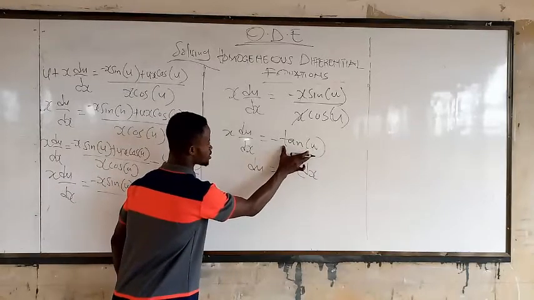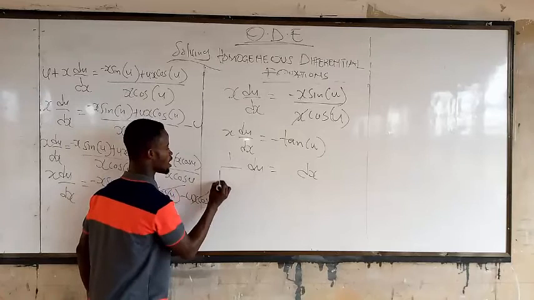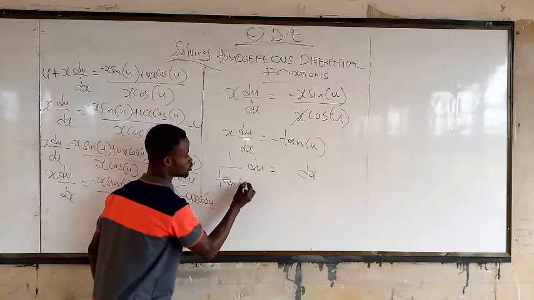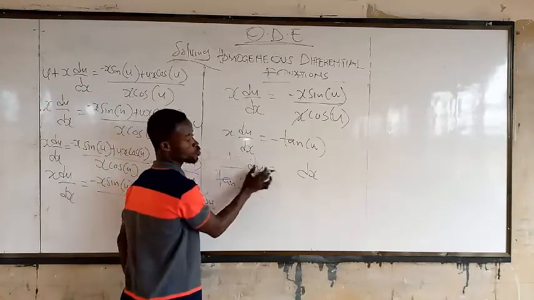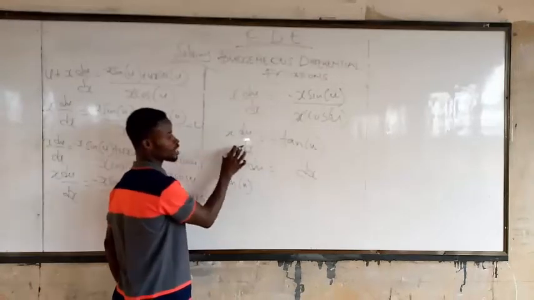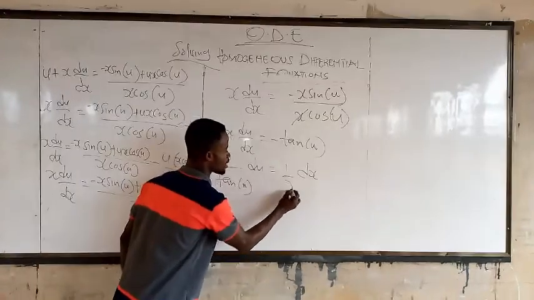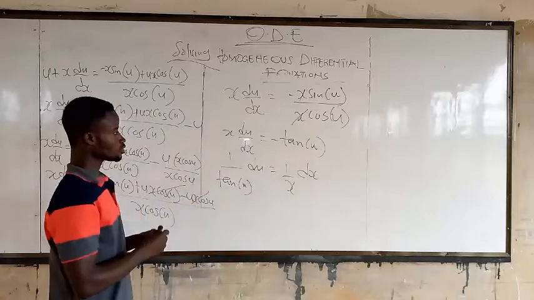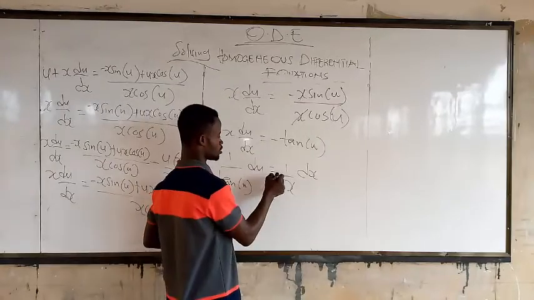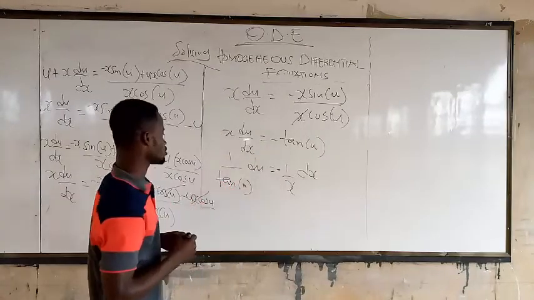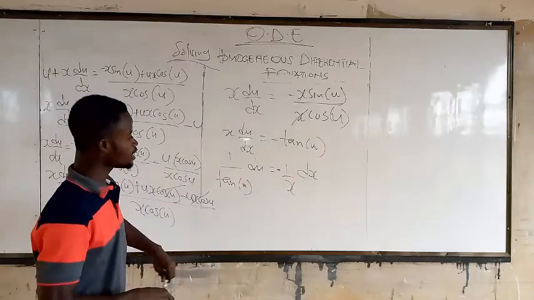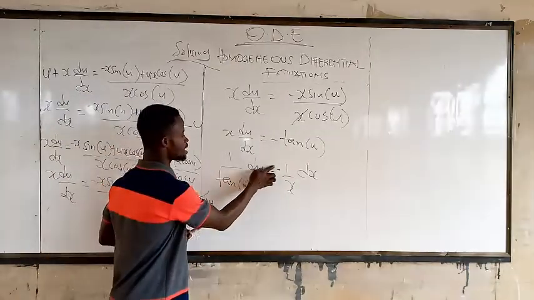Now, this will move to this side, so we get 1 over tan u. Then this x will move to this side, or like dividing both sides by x. So you get 1 over what? x. But don't forget the negative. Okay. So now it is separable. So let's